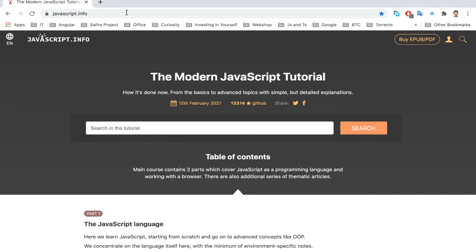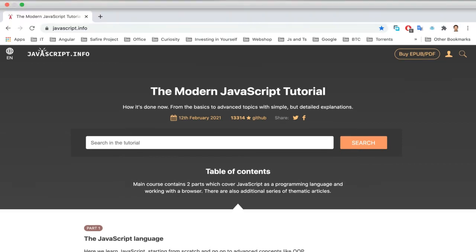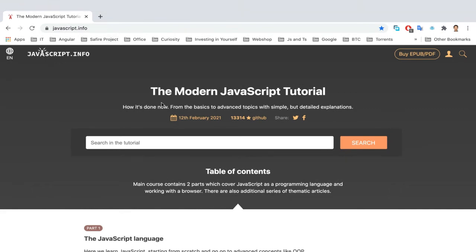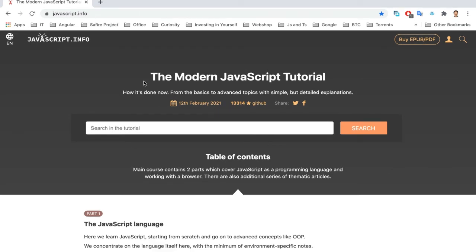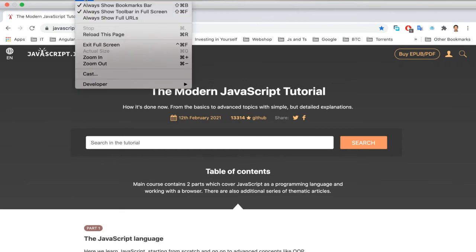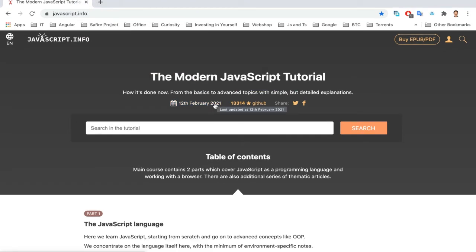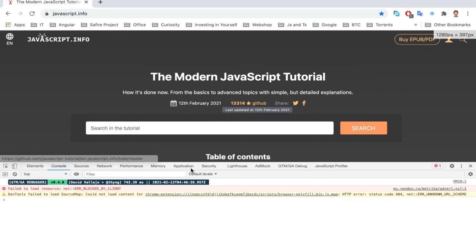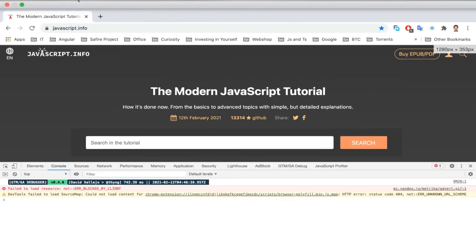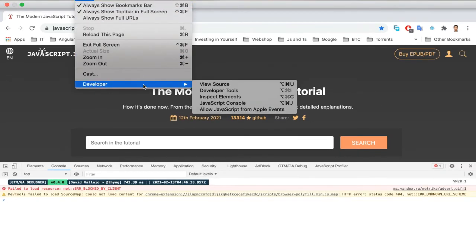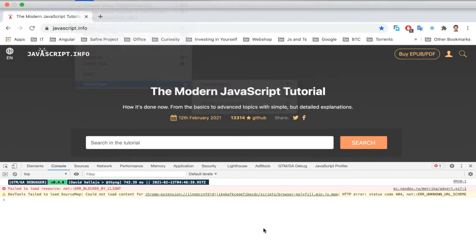So we have a couple of different options. I'd like to use a shortcut, but first, if you go to the view, developer, and JavaScript console right there, you can click that. Also take note of the shortcut. On a Mac, it is Command Option J and takes a moment, and here is my console.